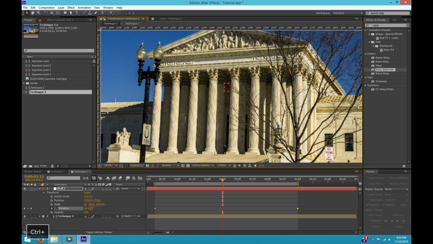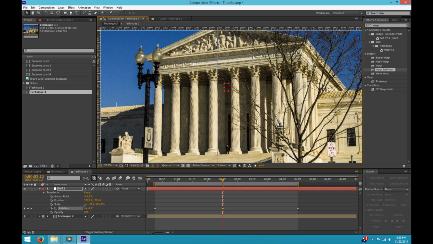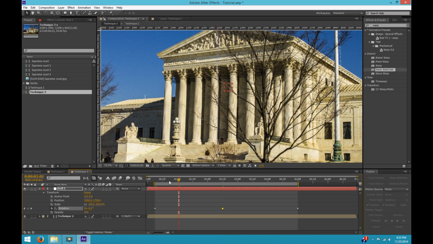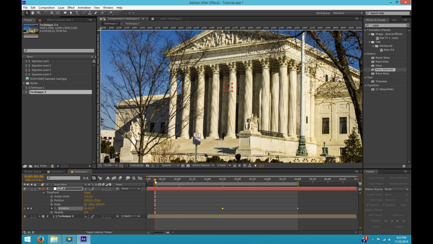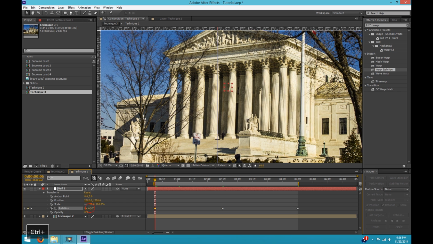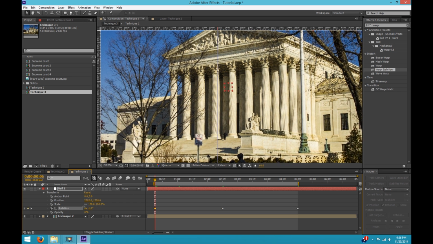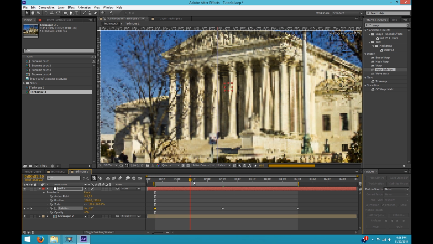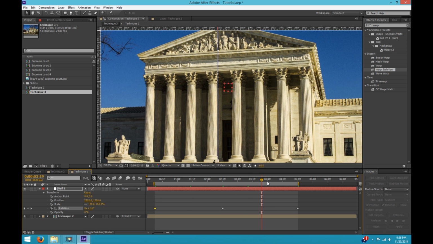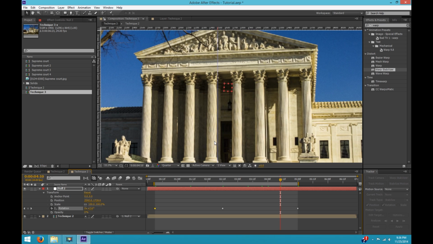So along the way I might have to fix the rotation at a couple of points and just try to make sure that stays pretty close to vertical. Might want to just move it a little bit that way. So as this moves along, just make sure that stays vertical. Okay, that looks pretty close.